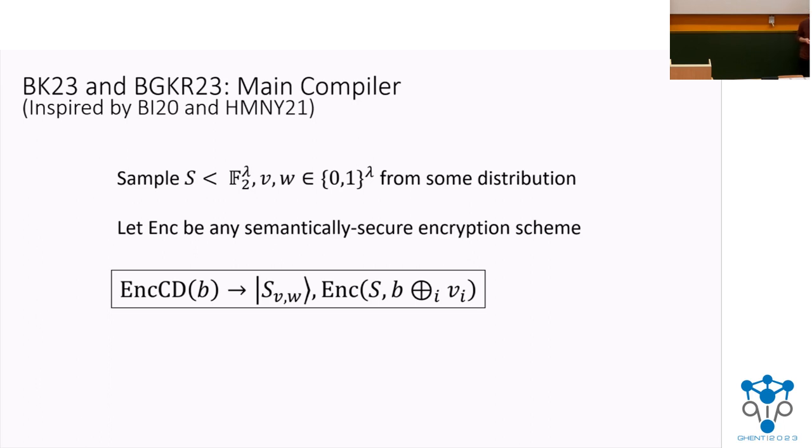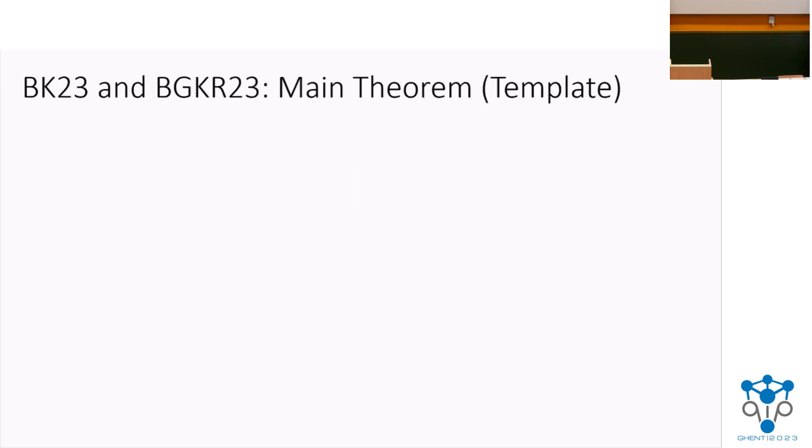So then, intuitively, if the adversary measures the state in the Hadamard basis to get some vector in S perp plus W, then they should have erased all of their information that they previously had about V, and we can hope that now V is removed from their view, and thus the bit B is now removed from their view. Okay. So this is all so far pretty standard from prior work. One of the main novel things we do in this work is prove a theorem kind of like this, right?